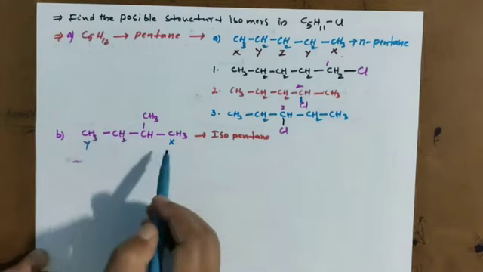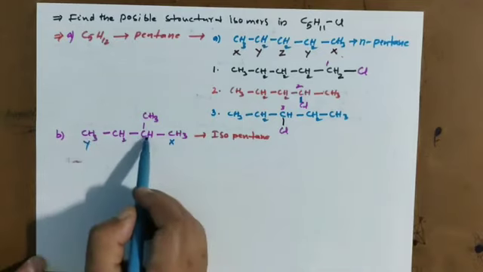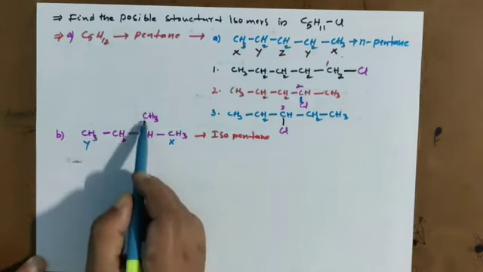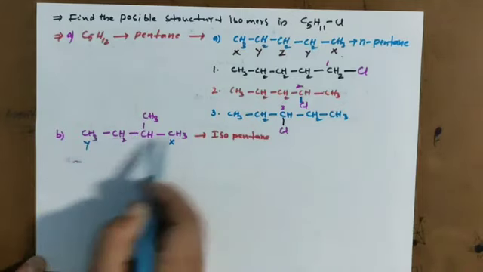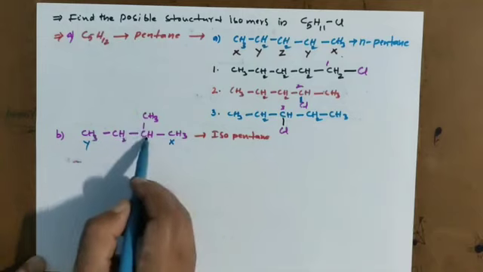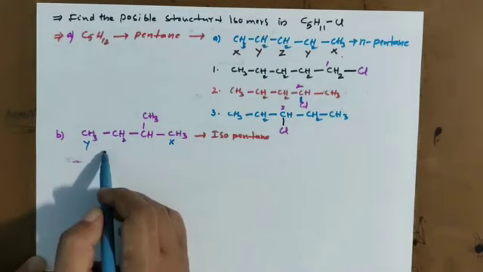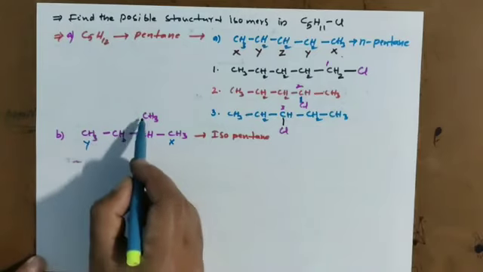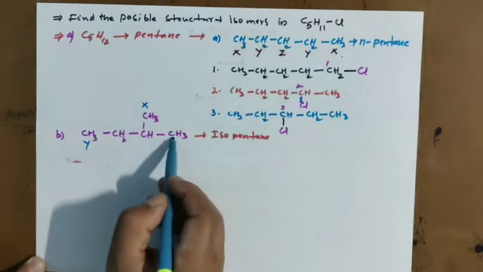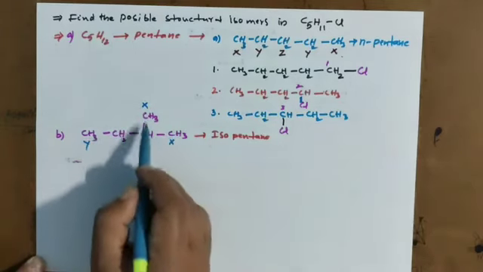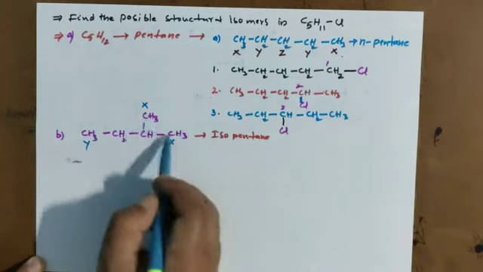So this is different. I'll explain one more time. This carbon is bonded with 3 carbons. The first carbon has a methyl group. This is X. Come to this carbon. 3 carbons, but the first carbon is not bonded with a methyl group. The second carbon is there. So these two are now different carbons. Now you go for this carbon. This carbon is the same. Why? Because this carbon is bonded with 3 carbons with 1 methyl group. This carbon is also bonded with 3, 1 methyl group. These two are the same now.